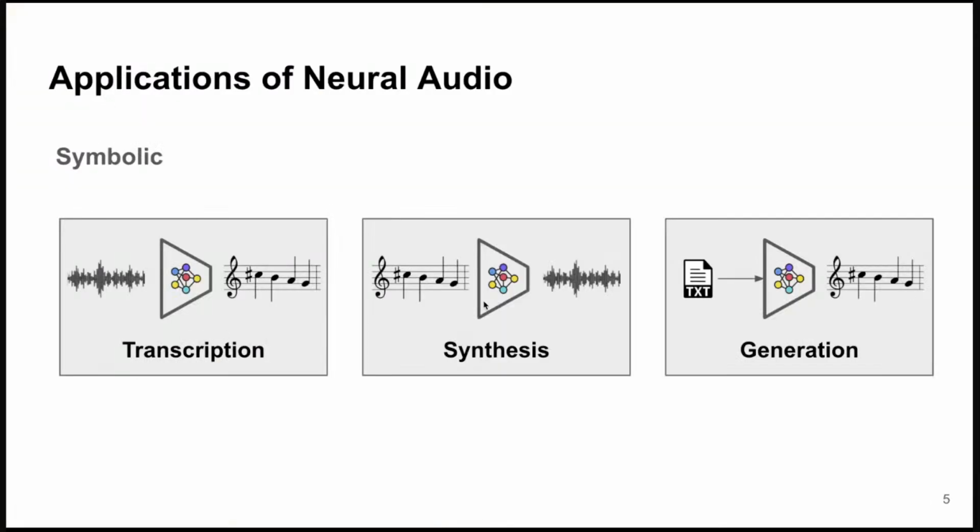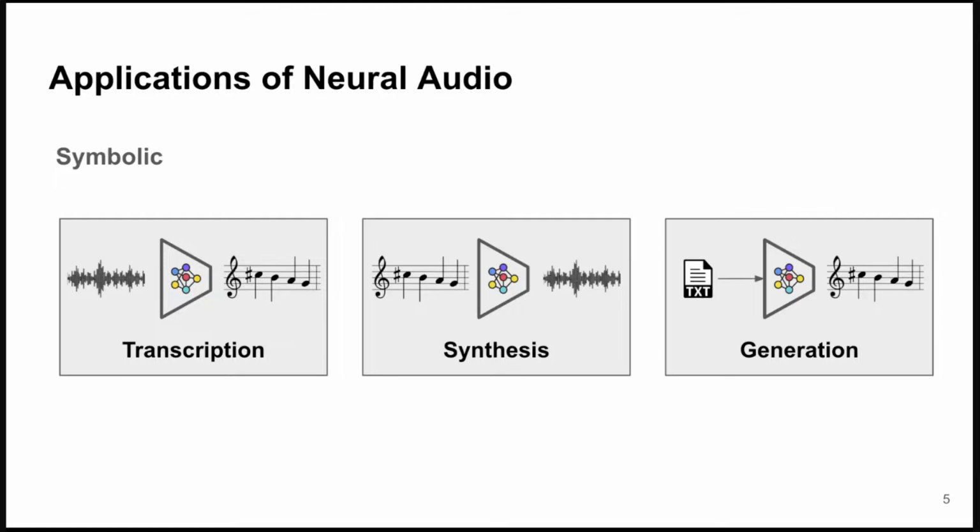Let's try to introduce this topic, particularly talking about applications of neural audio, trying to understand what different applications we have and why this is important. Before we delve into waveform and the special application that we're going to talk about, we could also say that there's a part of symbolic neural audio that processes symbolic information, such as notes in a music sheet, a piano roll, or a MIDI file.